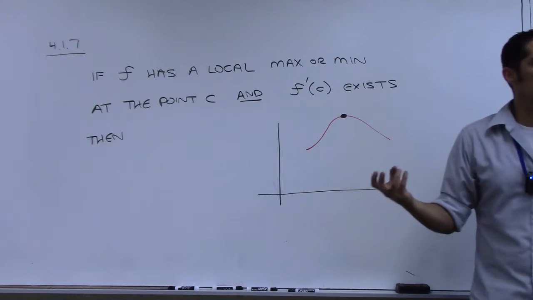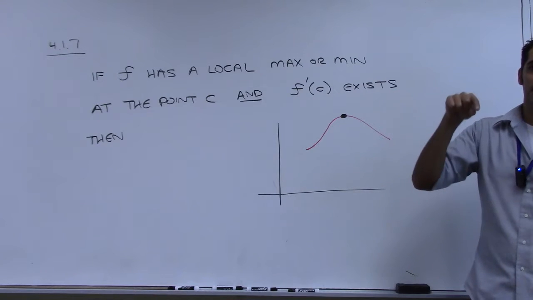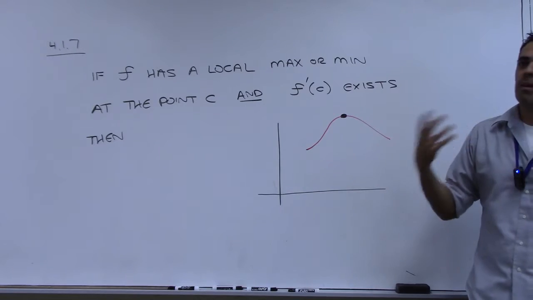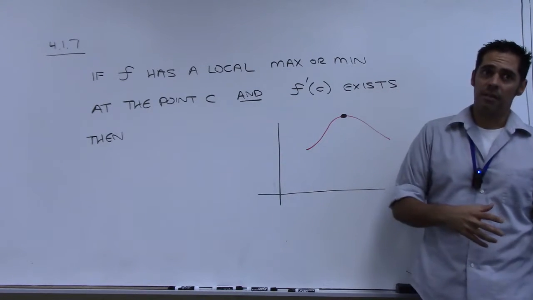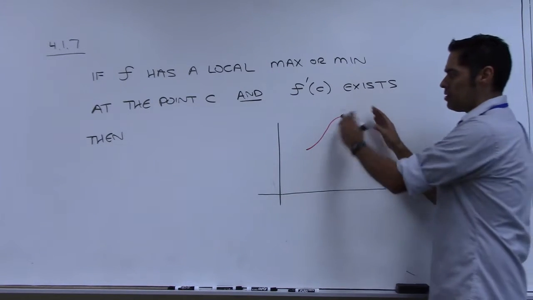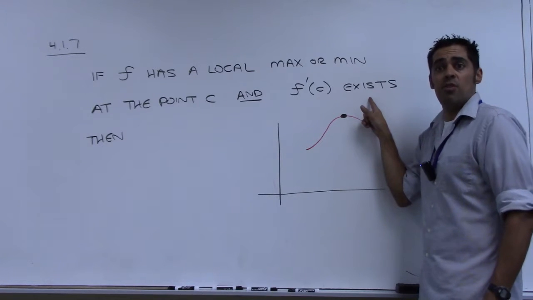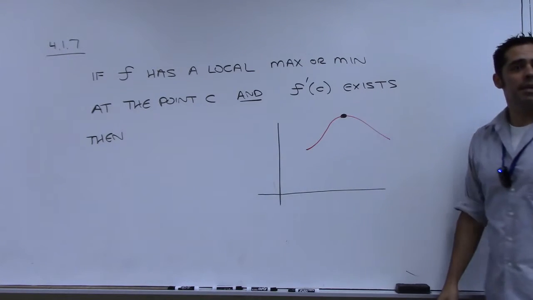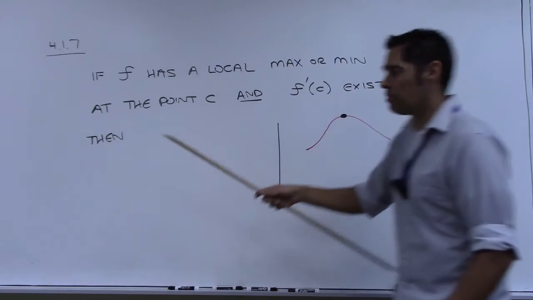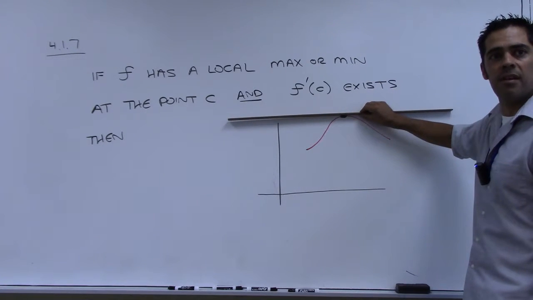So remember, the derivative is a limit, isn't it? You go back to the very first definition of the derivative. It was the limit as h goes to 0 of f of x plus h minus f of x all over h. We've seen that limits can exist and they cannot exist. So if you've got a highest point or a lowest point in a certain neighborhood and the derivative actually exists, meaning it gives you a number, then what must that derivative be? 0. Because the slope of the tangent line, which is what the derivative is, would have to be 0 if this is going to happen.